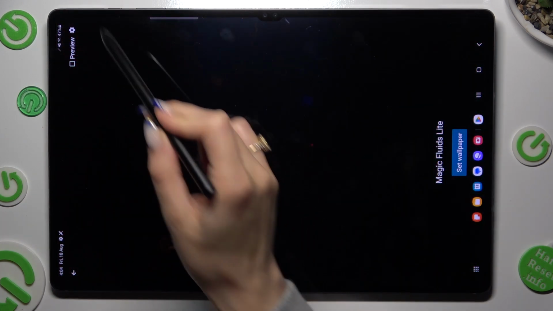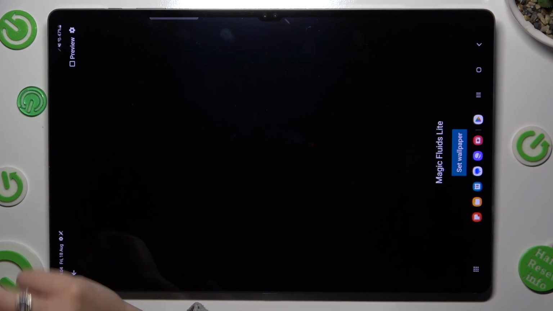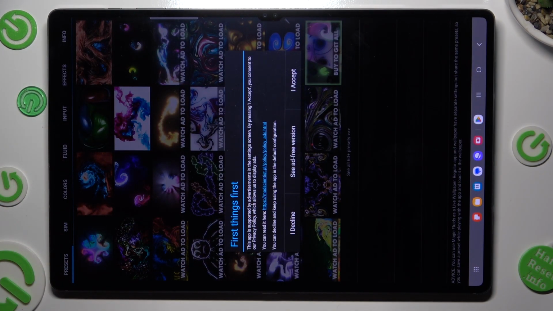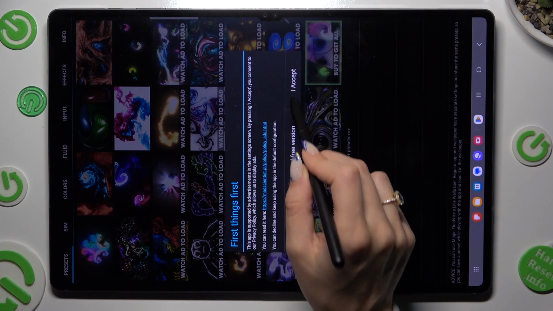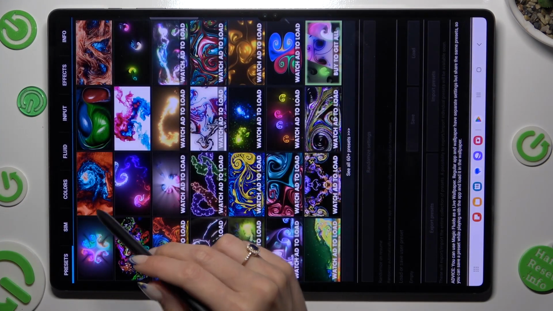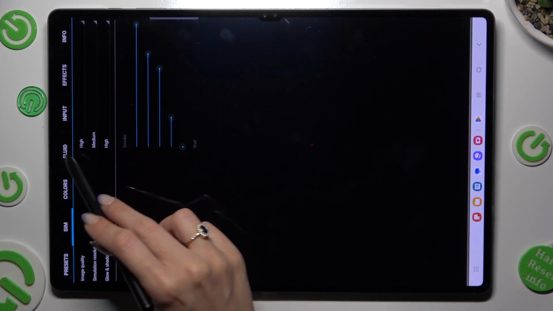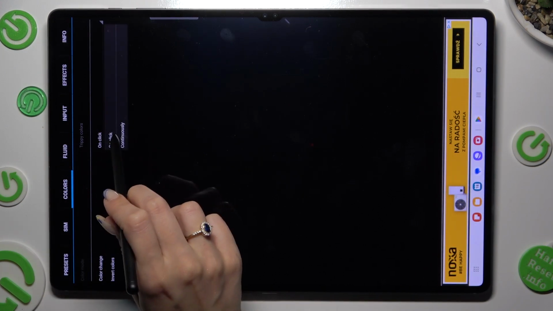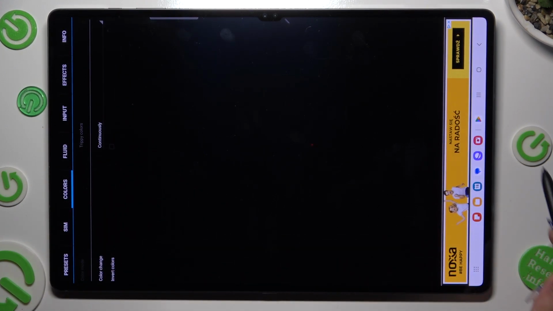And then select this gear at the top right one. Now you need to select I accept in First Things First pop-up and check out all of those options. When you finished, you can finally go back,